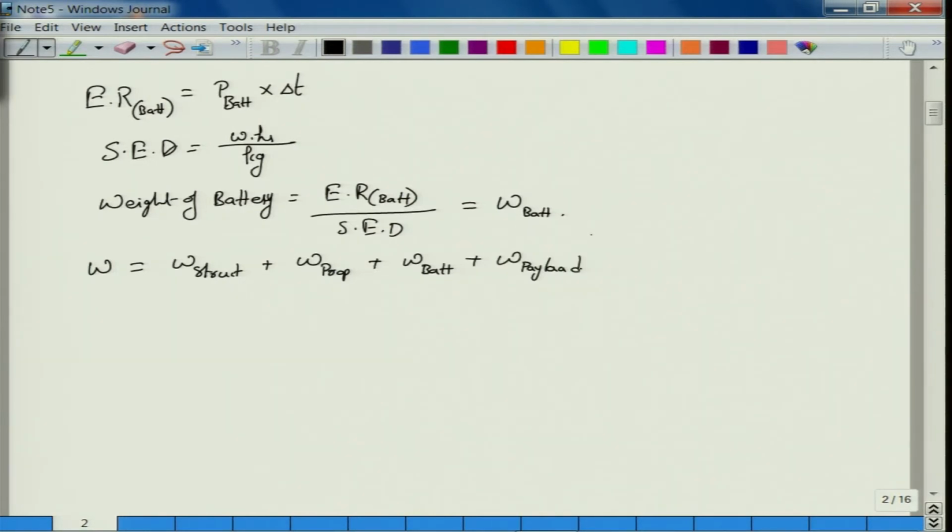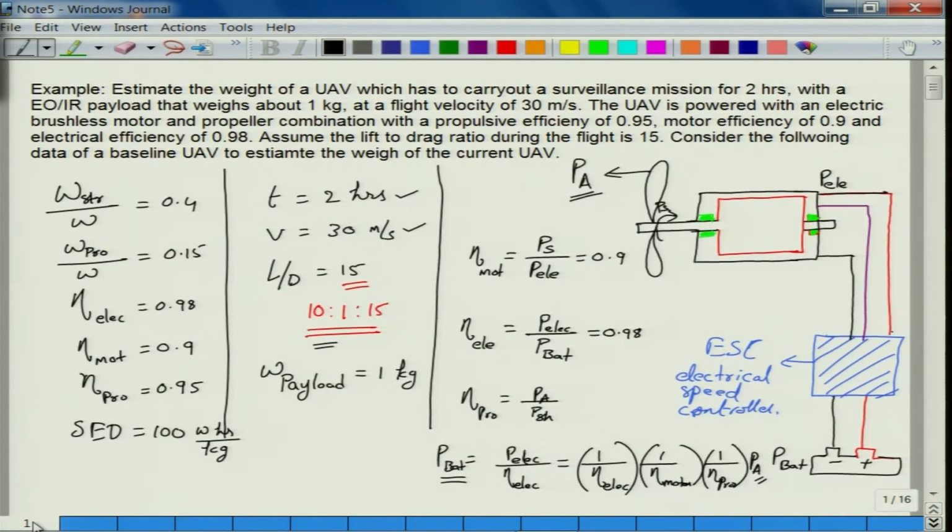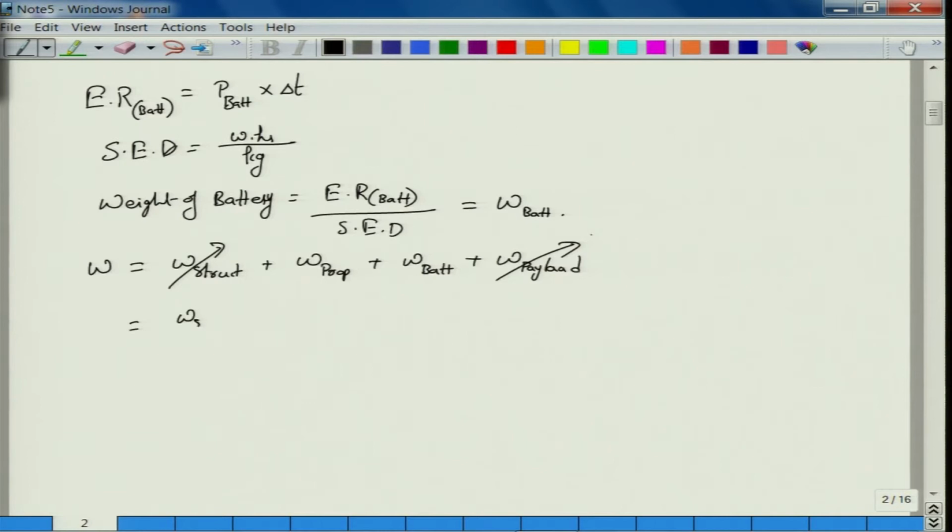Okay. So, payload weight is given directly in kg. So, we do not have structural weight as such. So, what we need to do is, this is given as the ratio W STR upon W, this structural weight ratio is given, times the total weight, plus propulsion weight upon total weight is a propulsion weight ratio times the total weight of the aircraft, plus weight of the battery, which is not given, which is unknown, that we need to find out. So, it varies from mission to mission, is not it? That is very clear here.